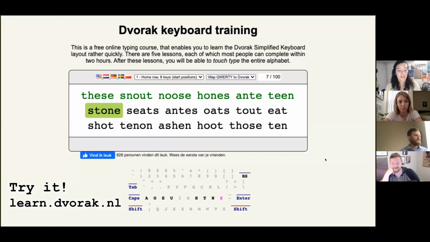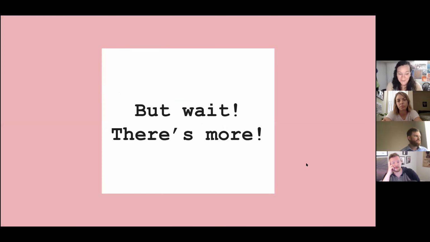There's a really awesome website, learn.dvorak.nl, and right here you can map your QWERTY keyboard to Dvorak. So instead of having to go to your settings, you can just try it out. All of these words are able to be written without moving your fingers, which I think is super interesting. There is more. In the early 2000s,